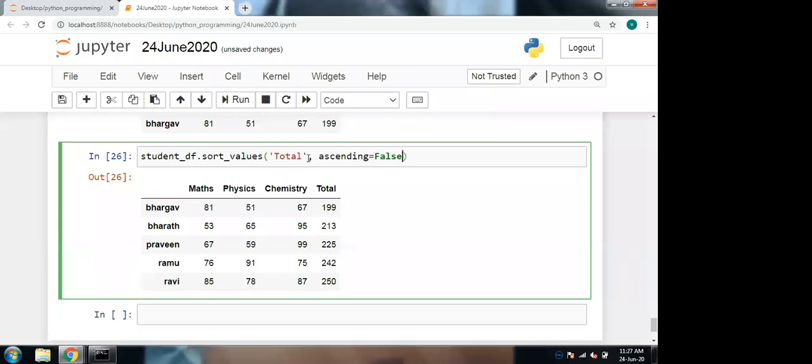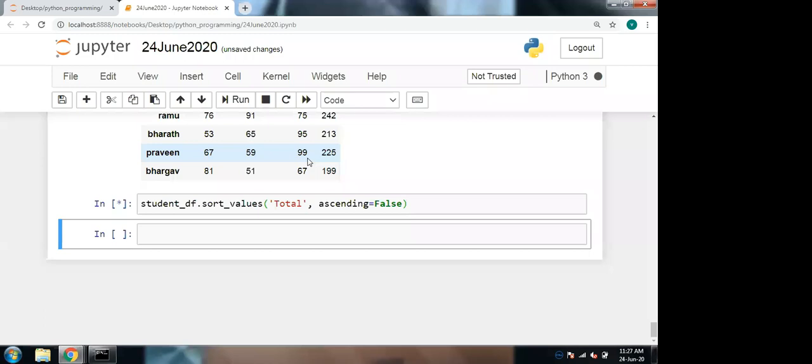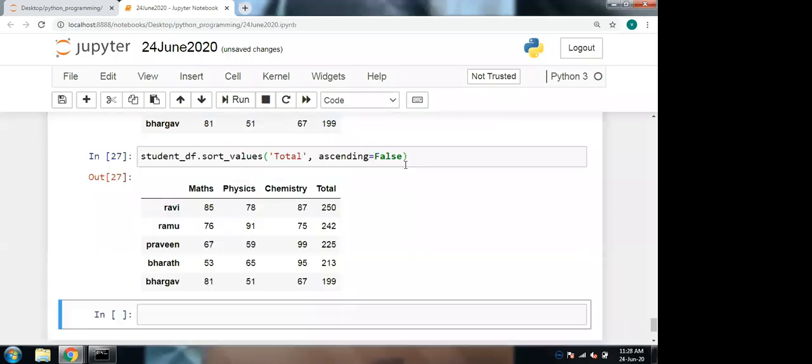We are giving it as false, so that we will get the data in descending order. So sort_values is the function used for sorting the data in a data frame. Now you can observe that 250, 242, 225, 213, 119. So these data are in descending order.